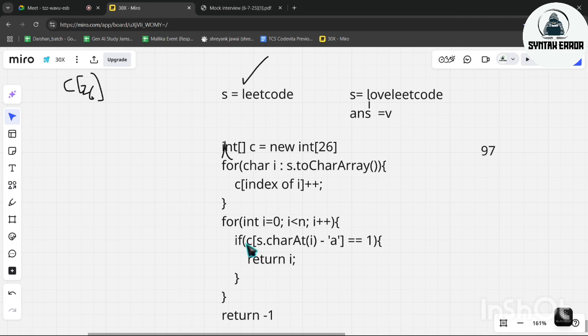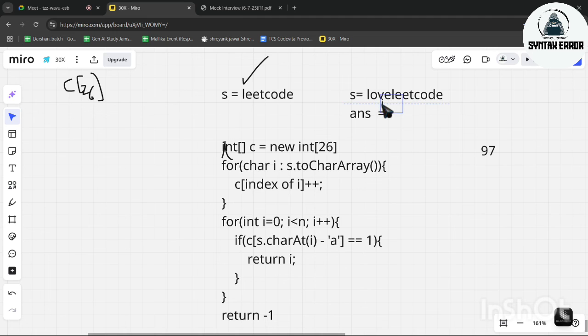The condition is false. At that time it will not enter the if block. It will go to the next iteration. Next iteration, i will be incremented, and it will go to the next point, here O. Again it will go to the location where we have O. At that location again the frequency would be 2 because it is repeated 2 times. 2 equals 1 is wrong. It will not enter the if block. It will go to the next iteration.